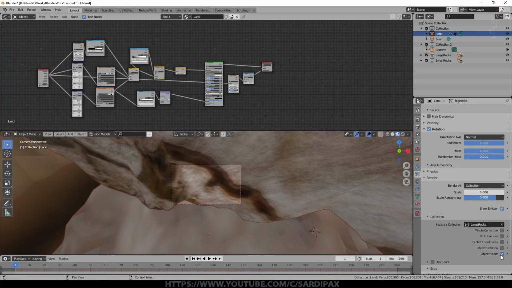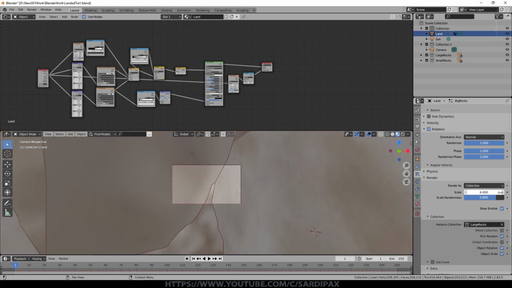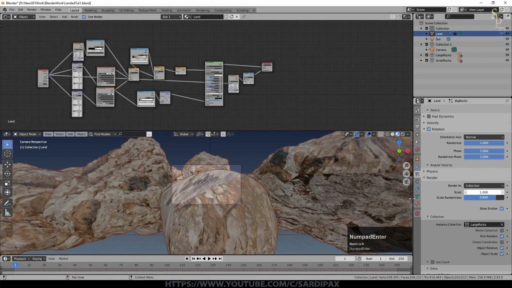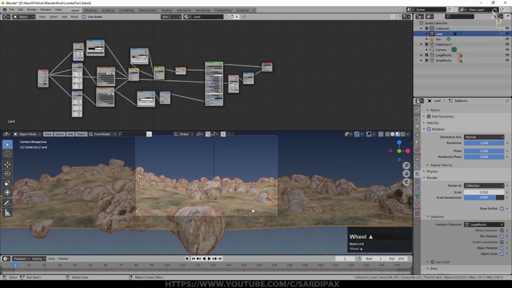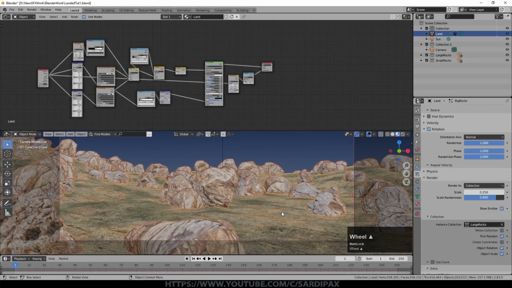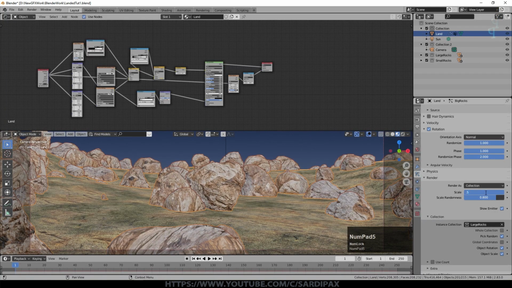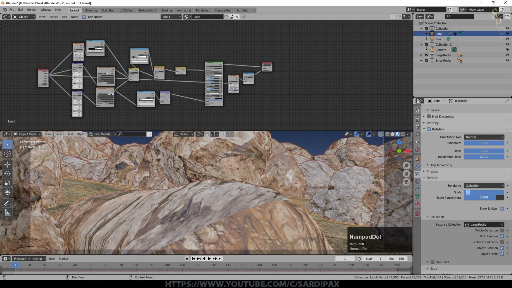We've got object scale ticked. We'll say object rotation, and we'll say pick random. So at this point, let's reduce the scale. Let's try a scale of 1. And you can see how large these rocks are. I can go even smaller with these particular ones. So we'll go for 0.25. That's probably a bit too small, but you're getting the general idea now. So we'll come up to 0.5, maybe even slightly smaller than that, 0.4.